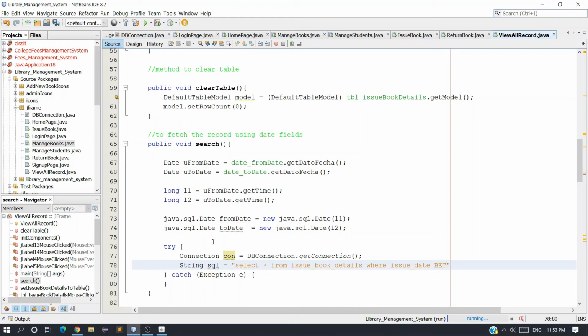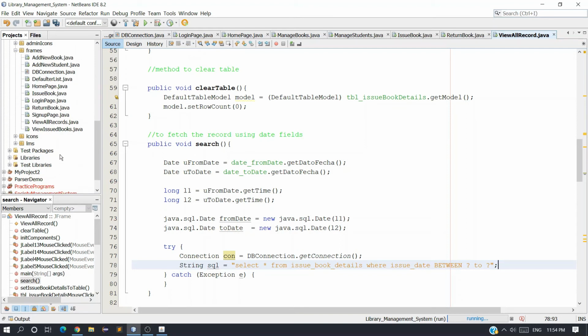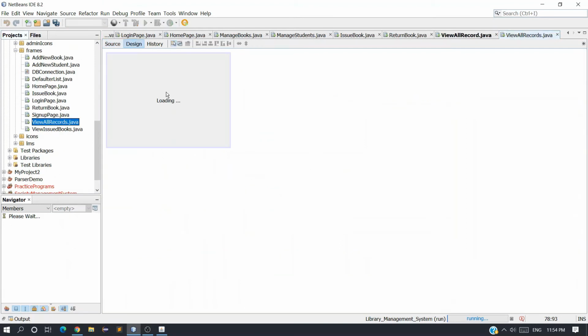There is a clause called between. Issue date is between this and this. Let me just check the SQL query, I have some doubt in it. Let me verify it once.